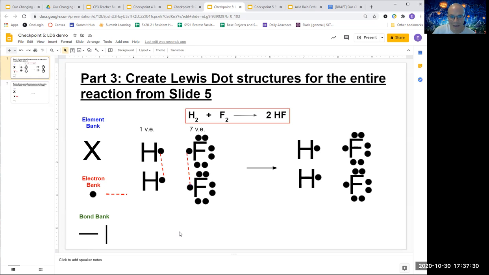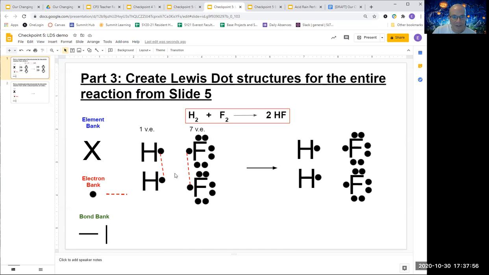And that's why we sometimes refer to them as non-bonding electrons, because they don't participate in the bonding. So we can see that this is how the molecules are going to be formed. So hydrogen, to make H2, we're going to pair up these two electrons, and to make F2, we're going to pair up these two electrons. So there's many ways that you can do this